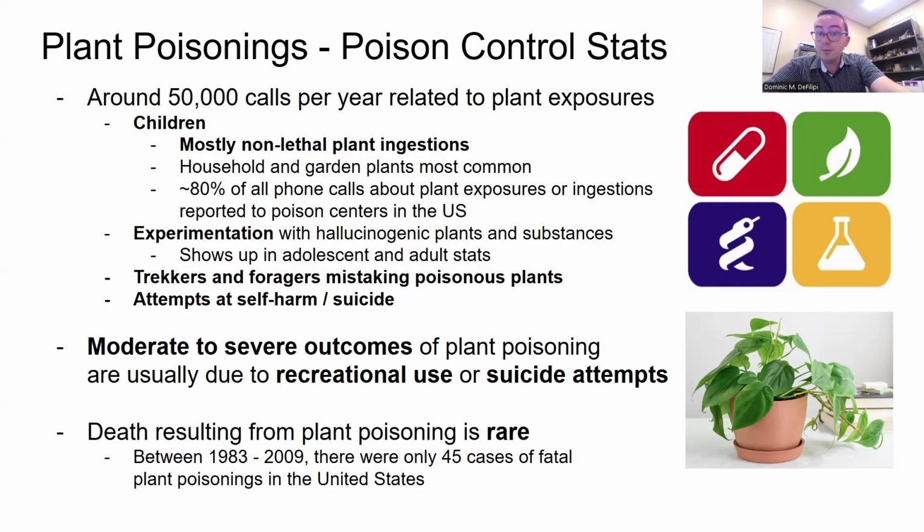Of the remaining 20%, we have 3 main categories. Experimentation, especially with hallucinogenic plants and substances. This shows up a lot in adolescent and young adult statistics in terms of plant poisonings and calls which the Poison Control Center receives. They may also get calls from trekkers or foragers